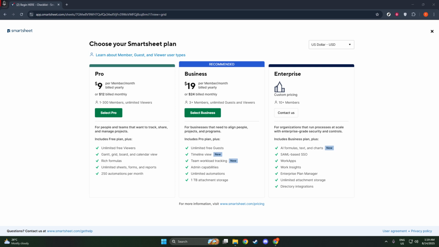And there you have it, a quick and seamless way to request a Smartsheet license. It's all about utilizing the tools available to you and maintaining good communication with your system administrators. This ensures that you can continue your work with minimal